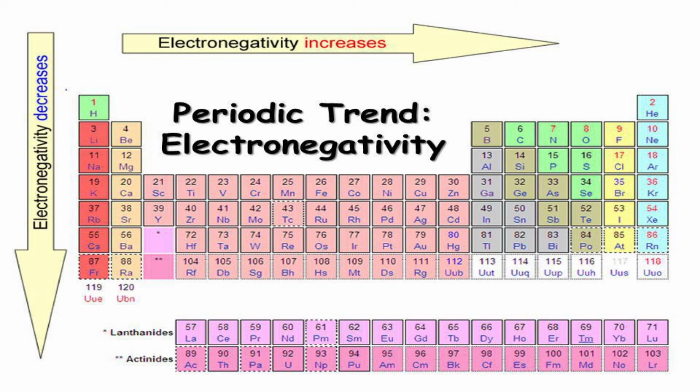On moving down the group, atomic size increases. Due to the increase in size, the distance between the outermost shell and the nucleus also increases. This leads to lesser attraction of electrons towards the nucleus. So now the nucleus exerts lesser force on the outermost shell. Therefore, the tendency to attract the electron decreases. Thus, electronegativity decreases as we move from top to bottom in a periodic table.